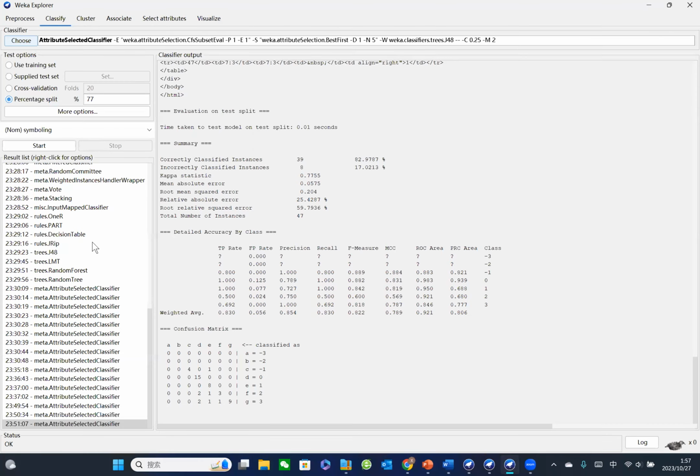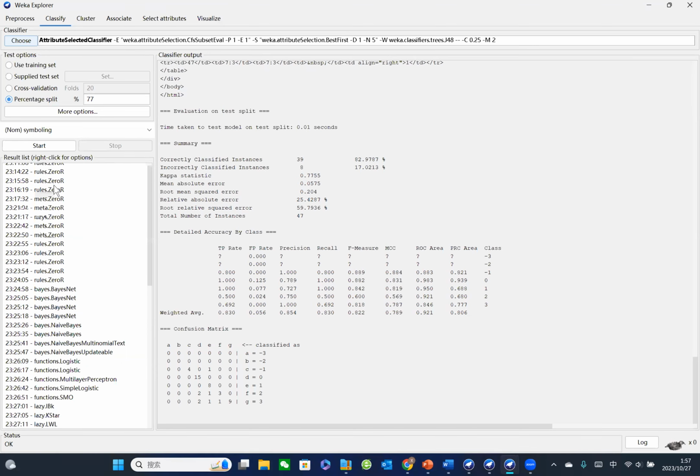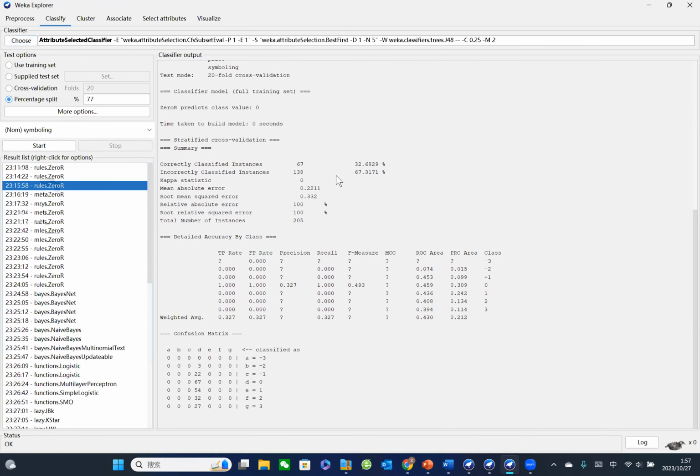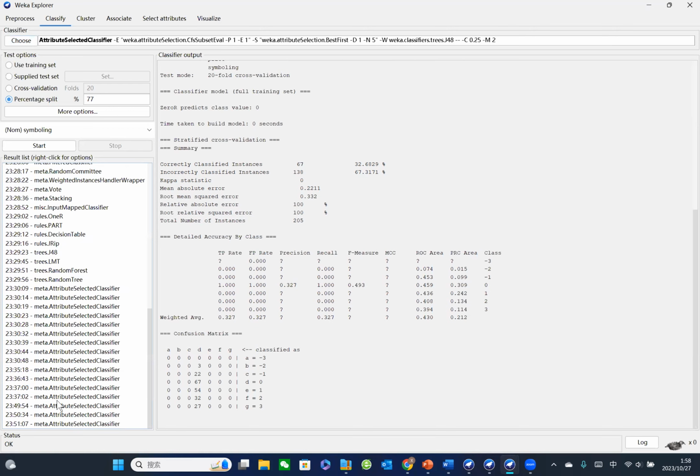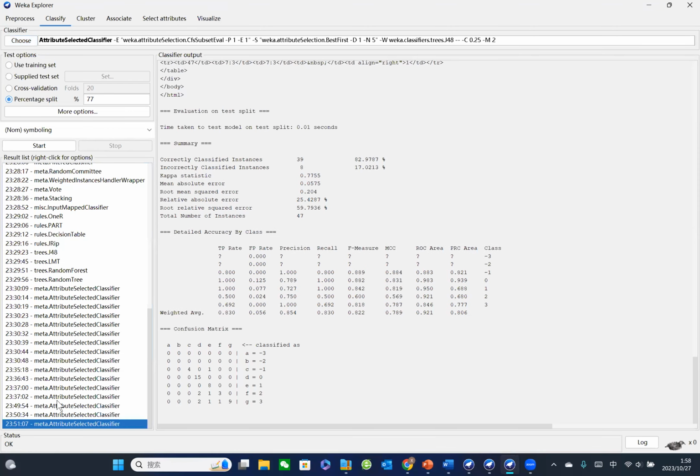find is classification. You can say I tried lots of methods, but the correct percent is very low, and I also tried to change the class number, but it's still low. Finally, I found the attribute selected classifier for classification. The correctly classified instances achieve 22%, and the kappa score is about